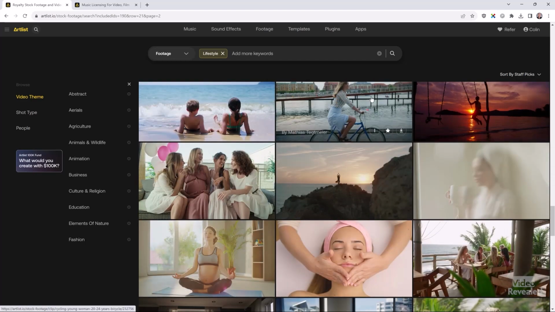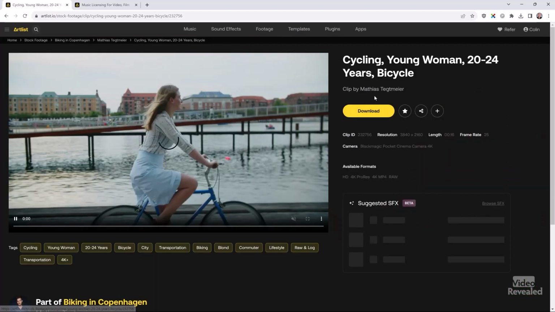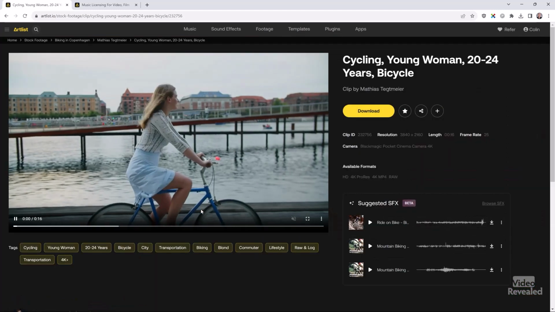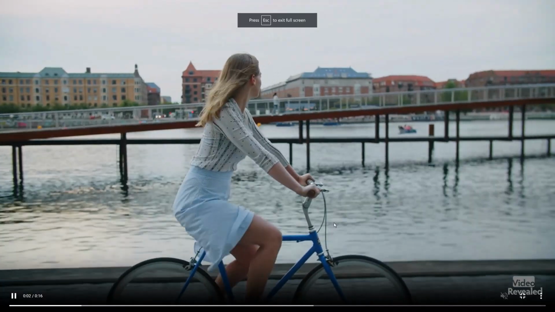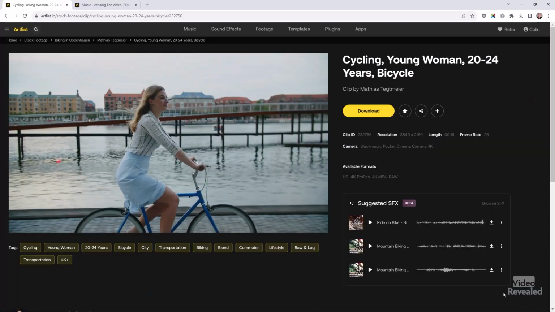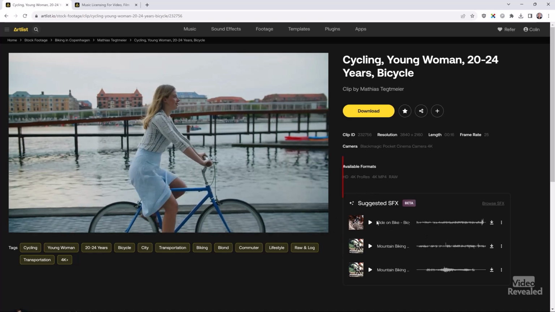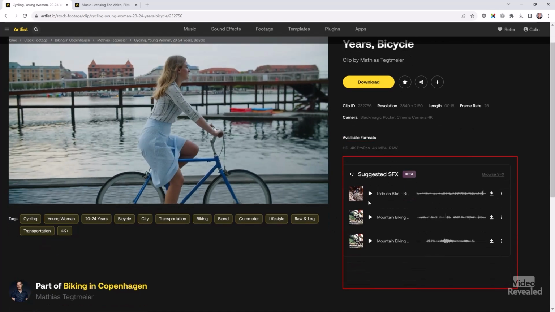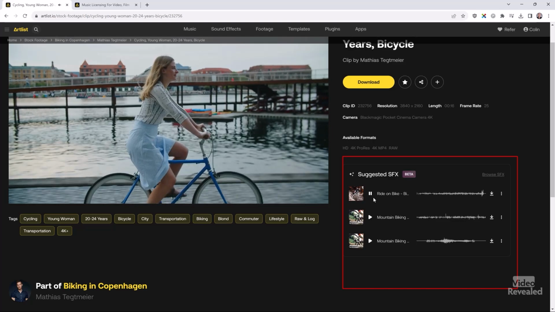If you want to look at one of these, you click on it. It's going to load in a larger shot, which you can zoom all the way to full frame, full screen. And on the right, there are suggested sound effects. This is in beta right now, but if I click on that,